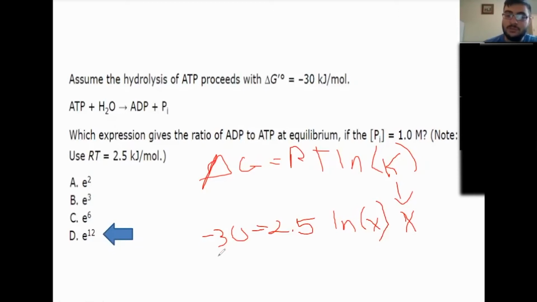First step, divide both sides by 2.5. 30 divided by 2.5, simple math, you should be able to do just on your own. It's 12, like using just long division. So ln x equals 12. And I guess this is where you guys encountered the issue: how do you solve a natural log? Well, I mentioned this before when I was covering, I believe, acids and bases, when I was talking about pKa's.